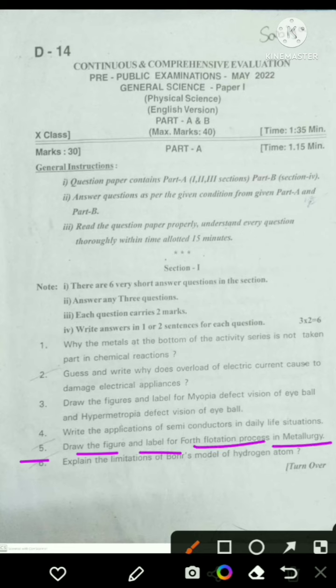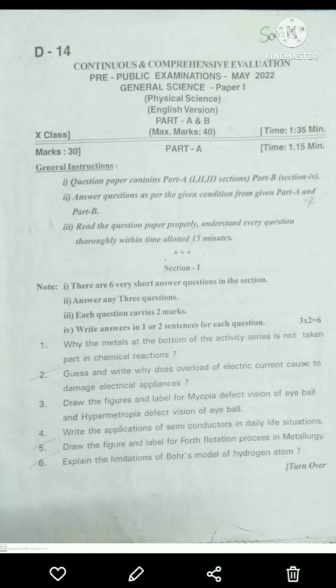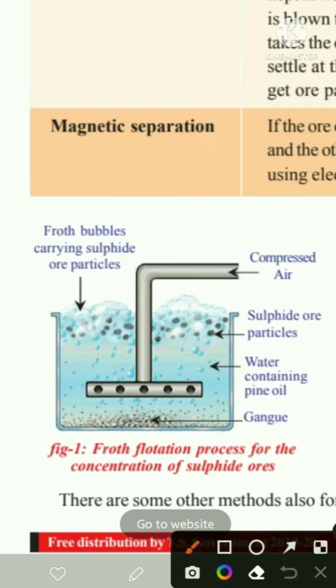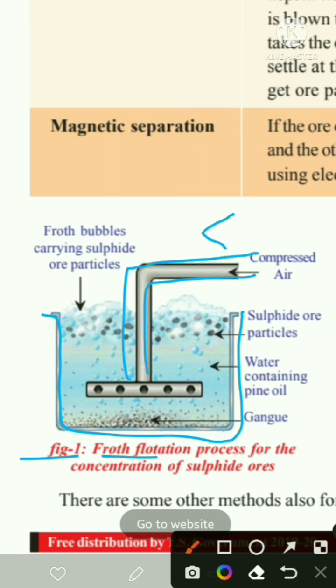Draw the figure and label for the froth flotation process in metallurgy. This is an important question and was also asked in the previous practice paper. So we can write the answer: froth flotation process for the concentration of sulfide ores. There is a beaker and we have a pipe through which compressed air is passed. Then the compressed air pipe is attached, we have water containing pine oil,